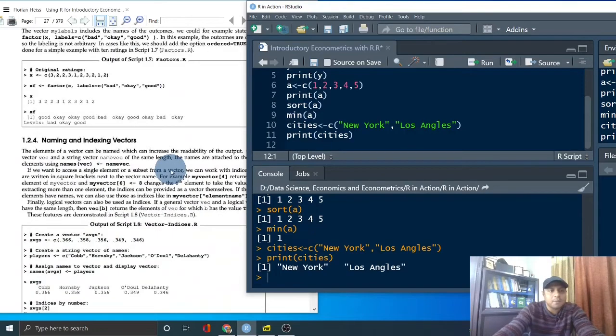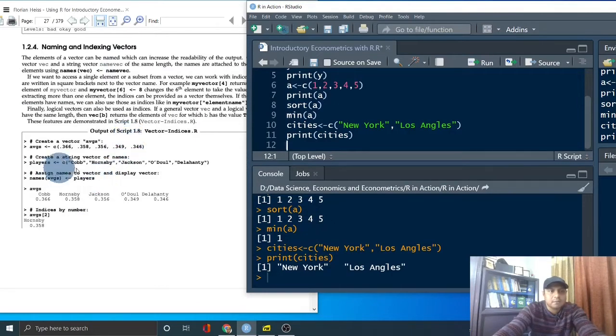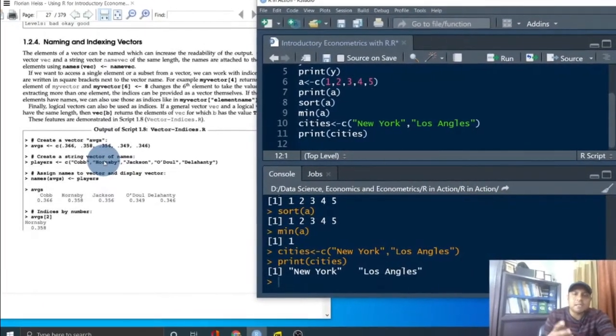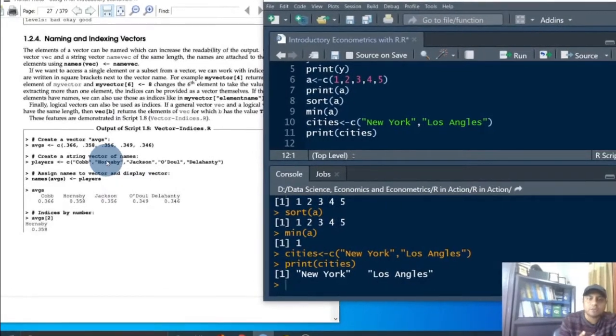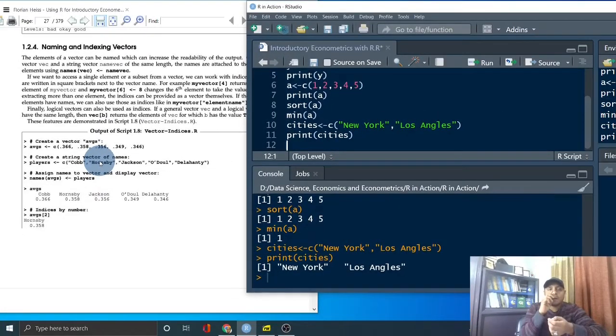In chapter 1 we are talking about naming and indexing of vectors. For example, here players is the variable or object, then c is the concatenate function, and then some character information which is not numeric. Cobb, Jackson, they are names. So basically you can put anything inside the concatenate function. But remember one thing: you cannot mix numeric and character information together in one vector.